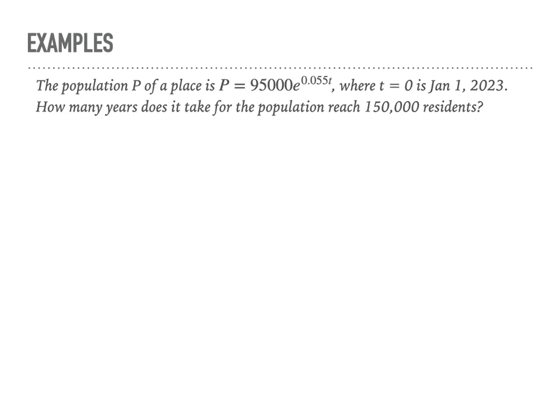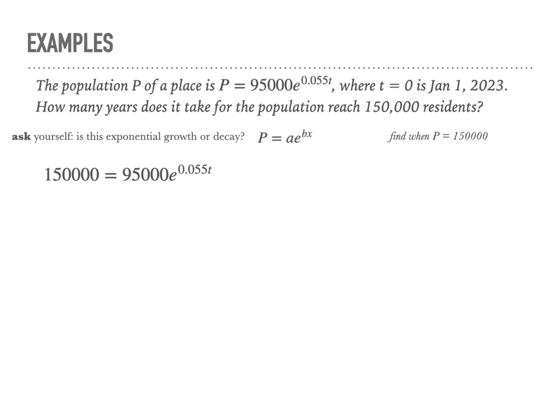Now luckily for us, they gave us the exponential growth function, but usually with these types of problems, you want to ask yourself, is this an exponential growth or decay problem? And as we know, it's exponential growth. So we have to set this following exponential growth function equal to 150,000, and ultimately we have to solve for t. So let's divide both sides by 95,000 to isolate t,